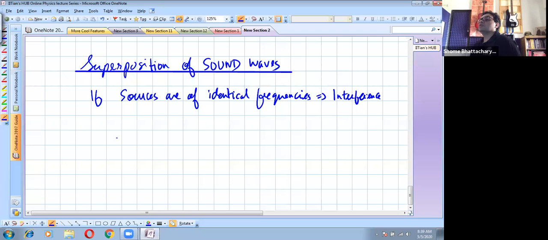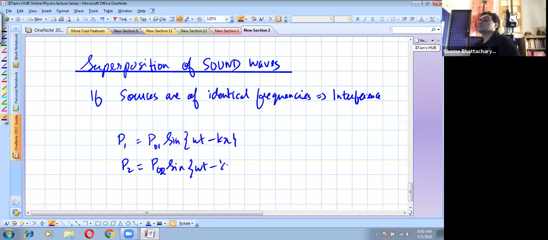You have that same formula that if the second source has a phase difference delta phi,